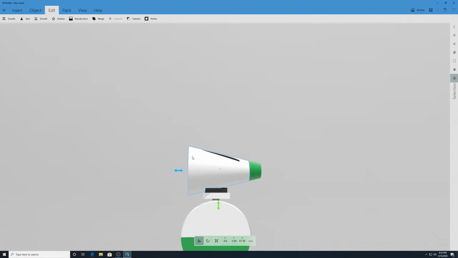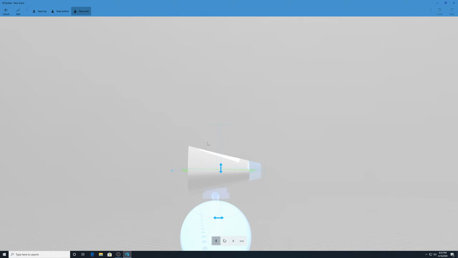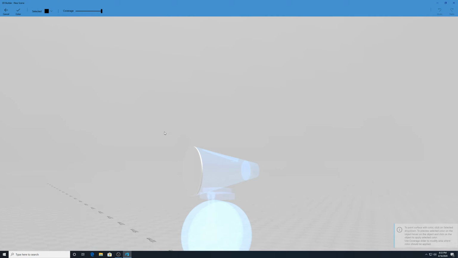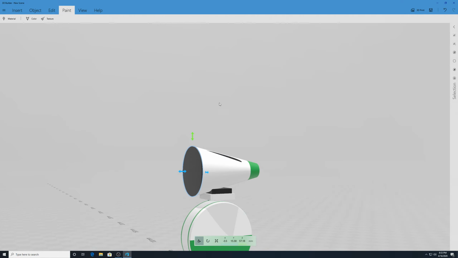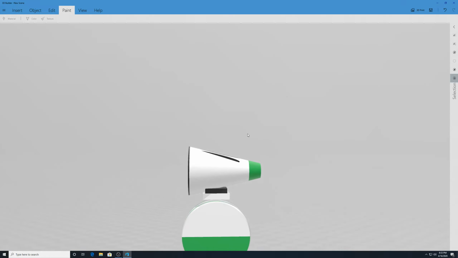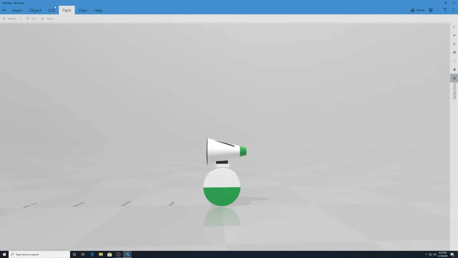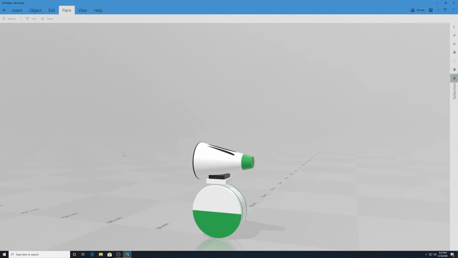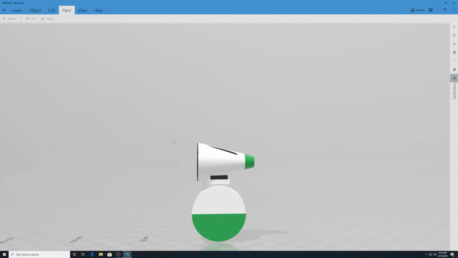Okay, let's see. I'm gonna also go ahead here and split the back cone, just the end of it. And I want to change the color of the very back to black also. And let's make our antennas, and then I think we will be pretty much just about done, I guess. Alright, so